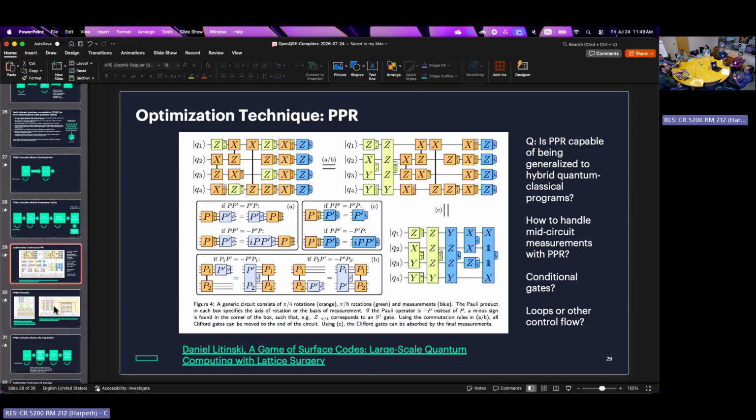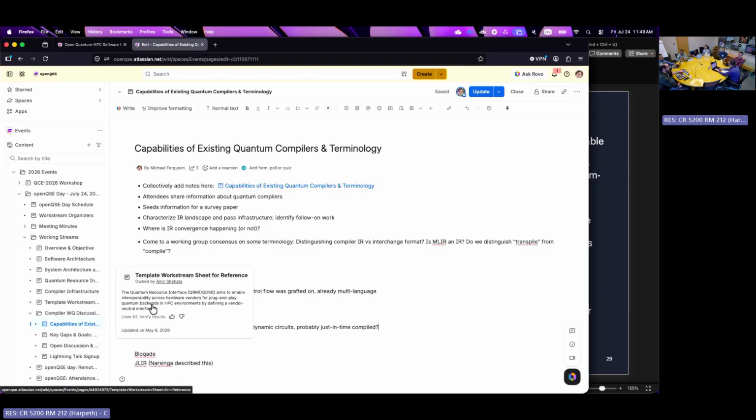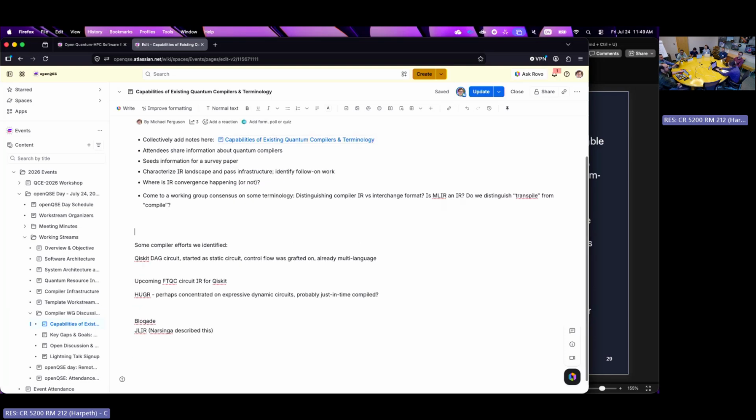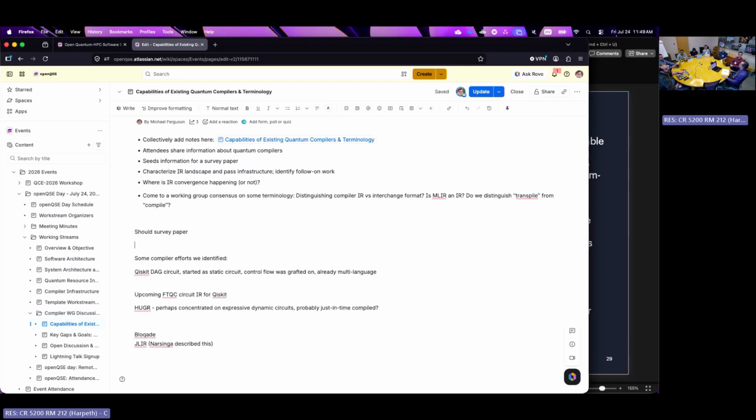It might make sense. If you're looking at a survey paper, talk about active research, it's definitely worth talking about. If you're looking at the ecosystem of packages that are out there, it's still very nascent. But it would be defining our requirements about what our IR would need to be able to do. And obviously at IBM, you've been doing that for